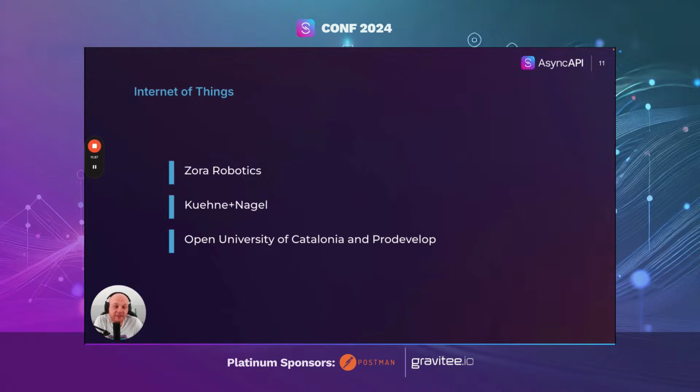Kuehne+Nagel is a company that is managing ports, shipping ports, of course, not sockets. But you also have academics on the list. So far, so good. Obvious information, nothing extraordinary. Again, as I said, wherever you apply event-driven architecture, the same industries need it. The same industries will need AsyncAPI.